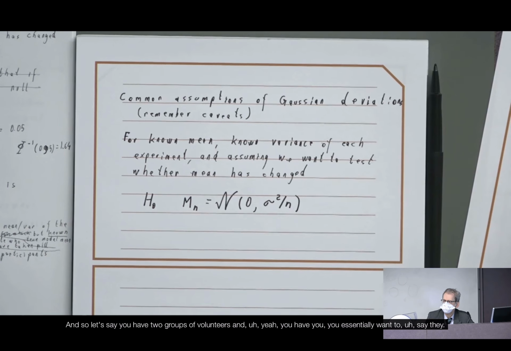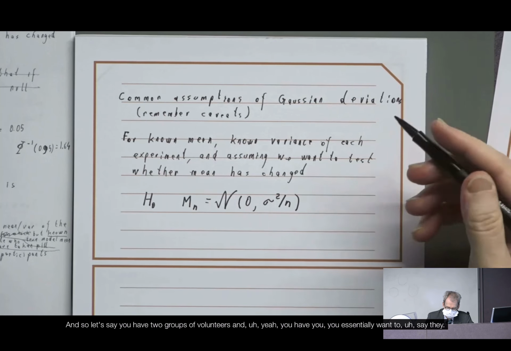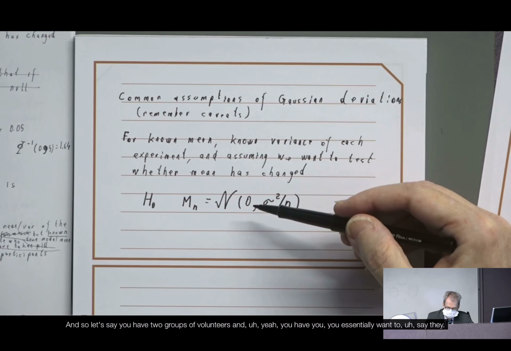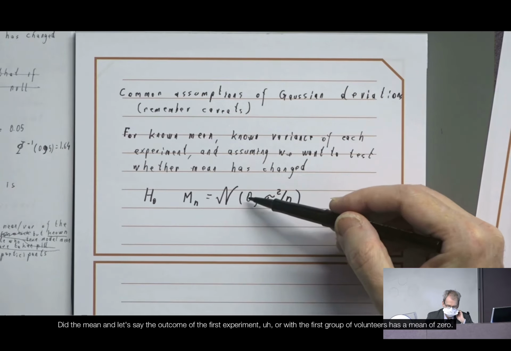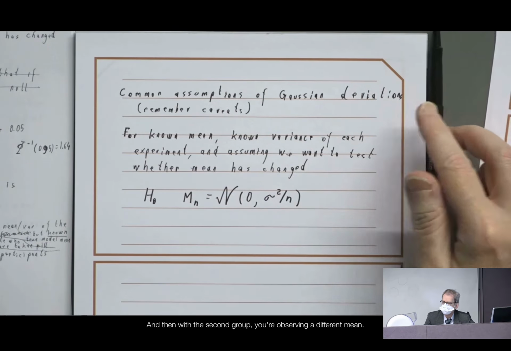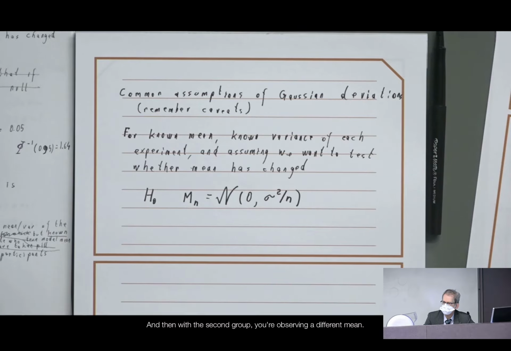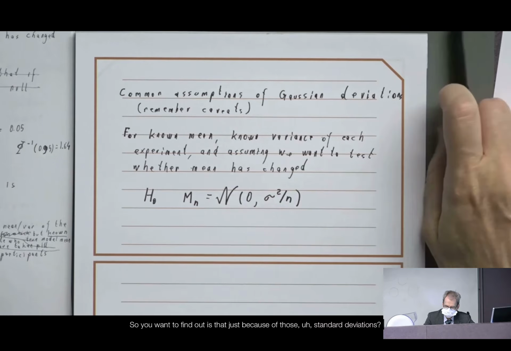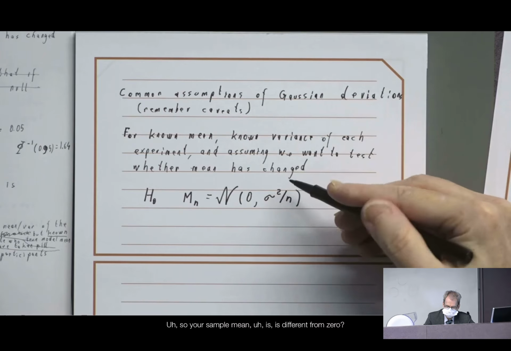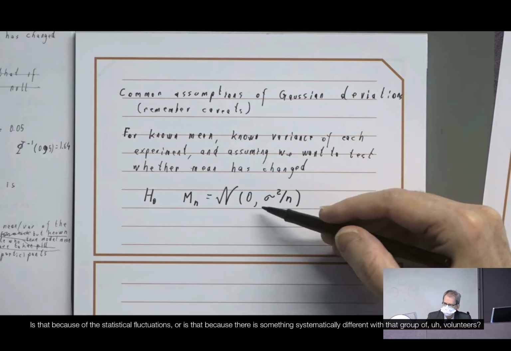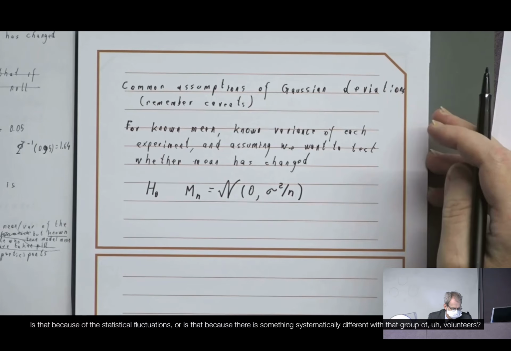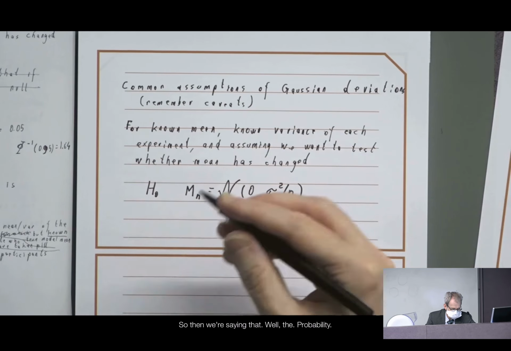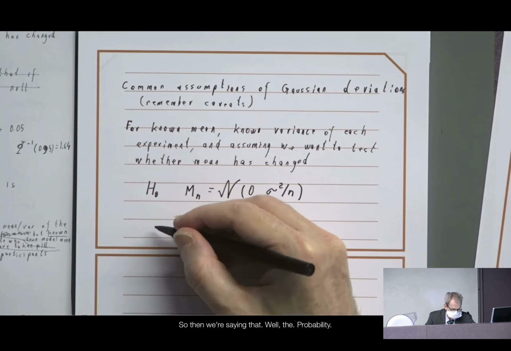And so let's say you have two groups of volunteers, and you essentially want to say, did the mean, let's say the outcome of the first experiment, or with the first group of volunteers, has a mean of 0, and then with the second group you're observing a different mean. So you want to find out, is that just because of those standard deviations, and so your sample mean is different from 0, is that because of the statistical fluctuations, or is that because there is something systematically different with that group of volunteers? So then we're saying that, well, the probability